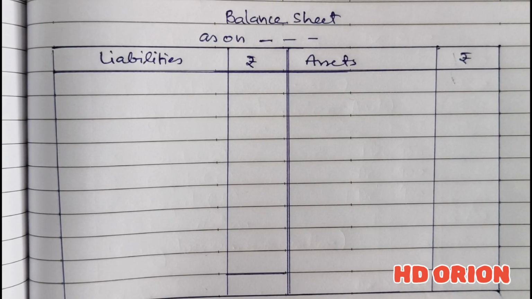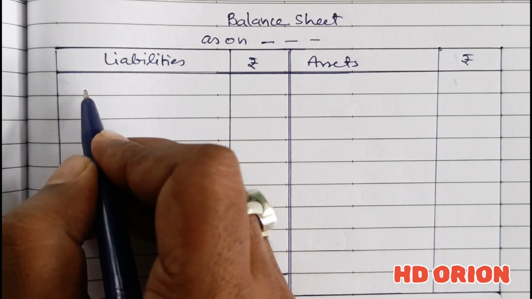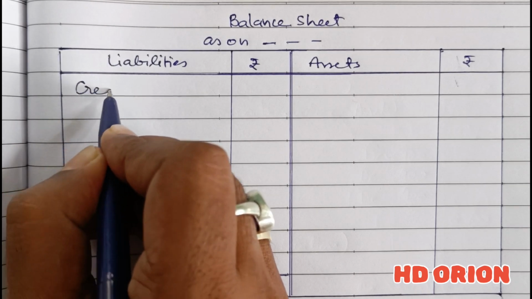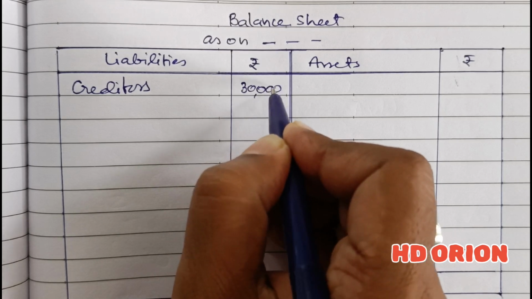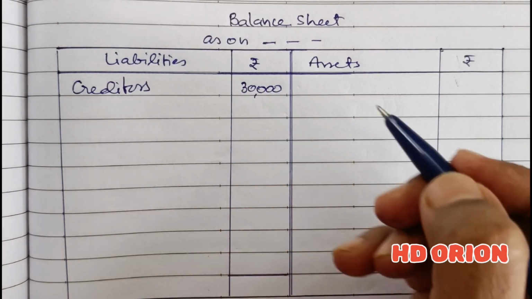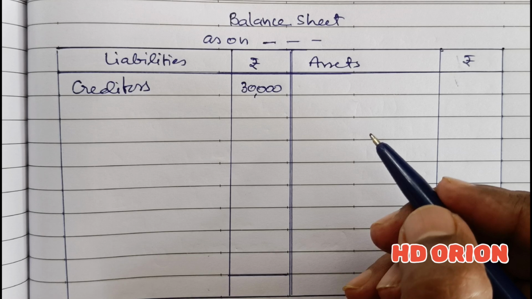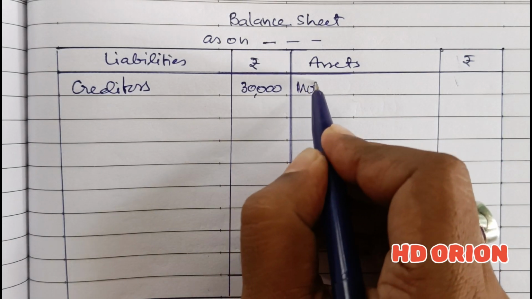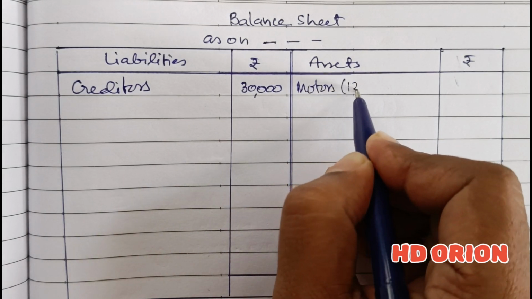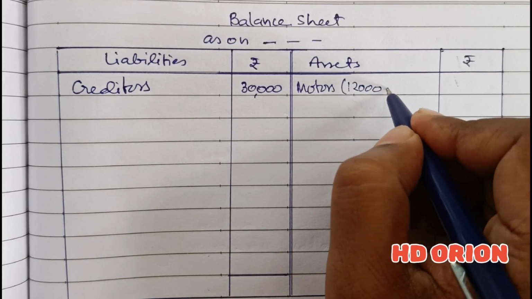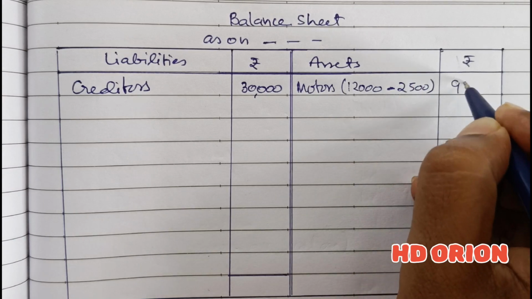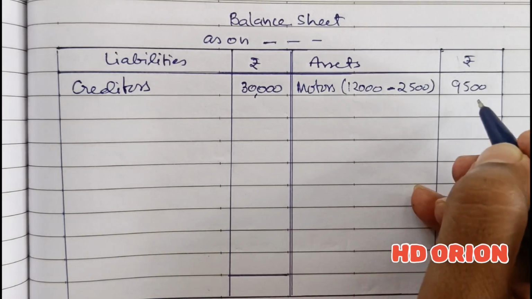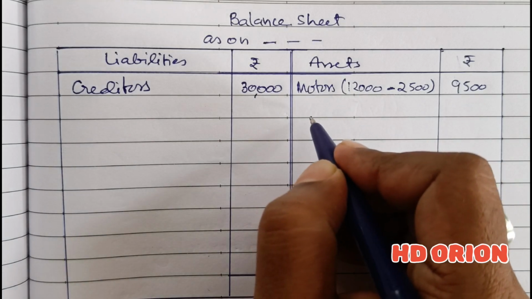So in the balance sheet, as given in the question, the liabilities of the old firm are the same. So creditors are 30,000 rupees, not changed, and it says that motors are of rupees 12,000. So motors were of rupees 12,000, but we have revalued it for rupees 9,500. So we will write the revalued amount, and then